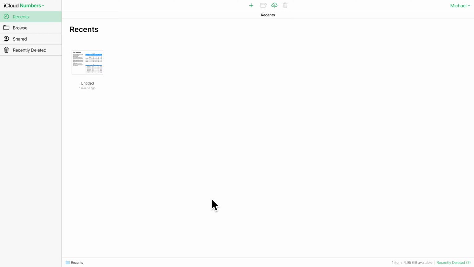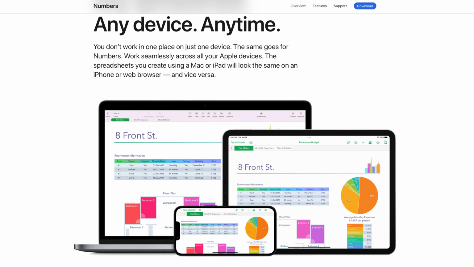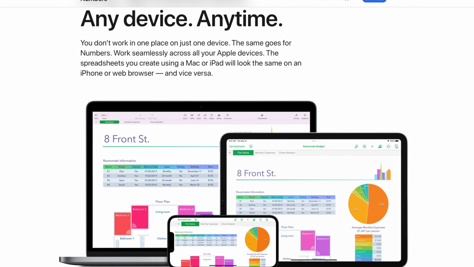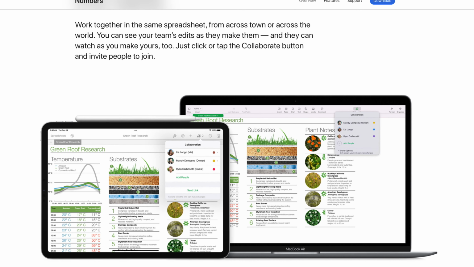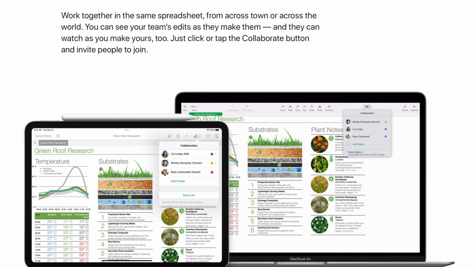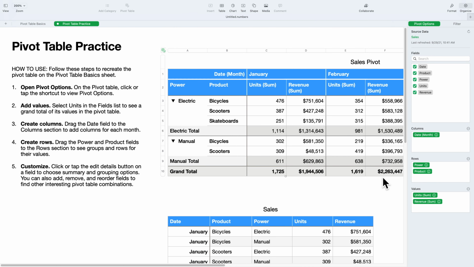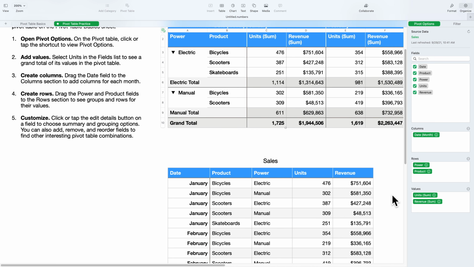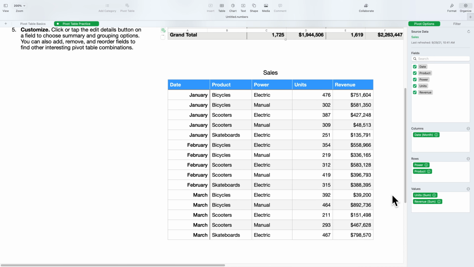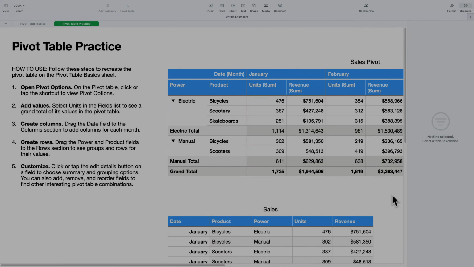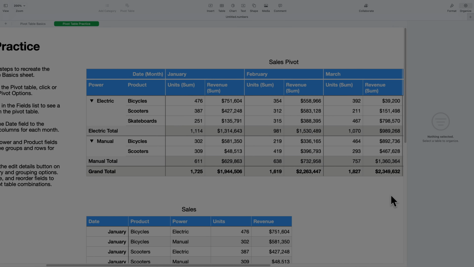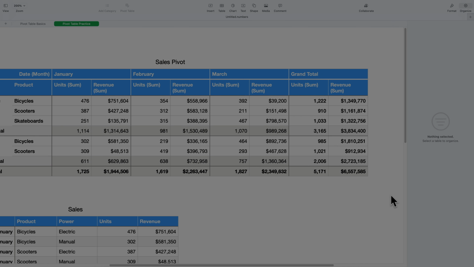While I don't normally edit spreadsheets on my iPhone or iPad, it's nice to have the option. Also, the collaboration features are improving. Apple states that you can work together in the same spreadsheet from across town or across the world. Think of all the office workers in the world with Excel on their office computers, but they don't really use the app. Why would a business want to constantly pay for software that they're not using? True, there are power users that simply need Excel, but for the rest of us, the Numbers app works just fine. And with this recent update, it just got even better.